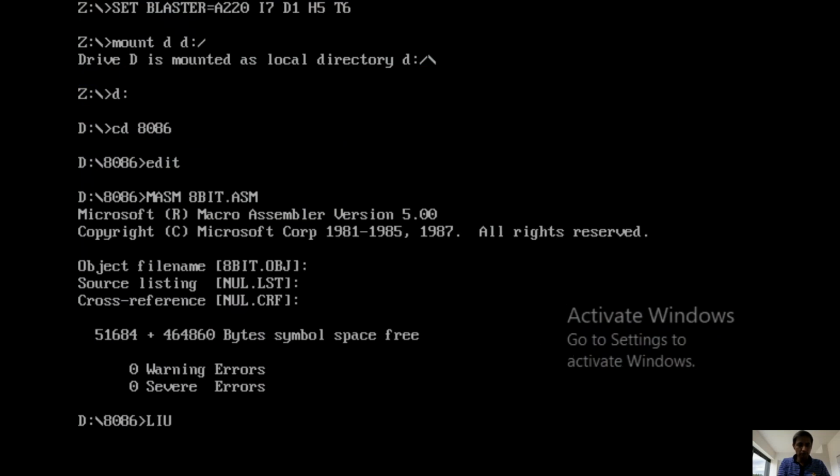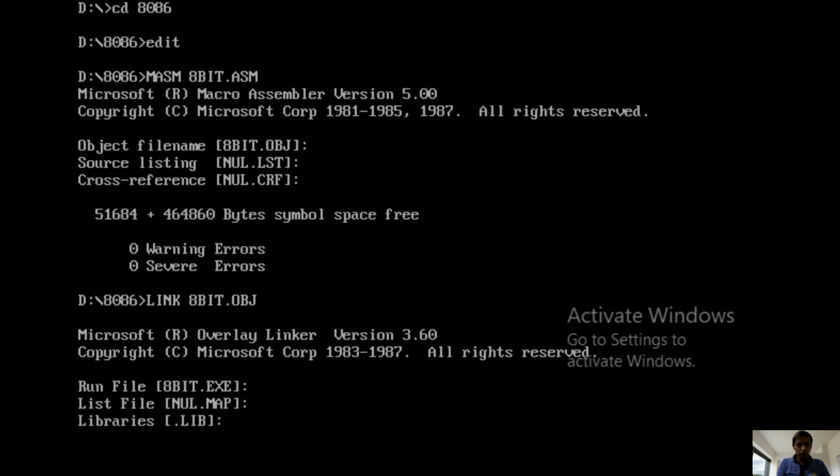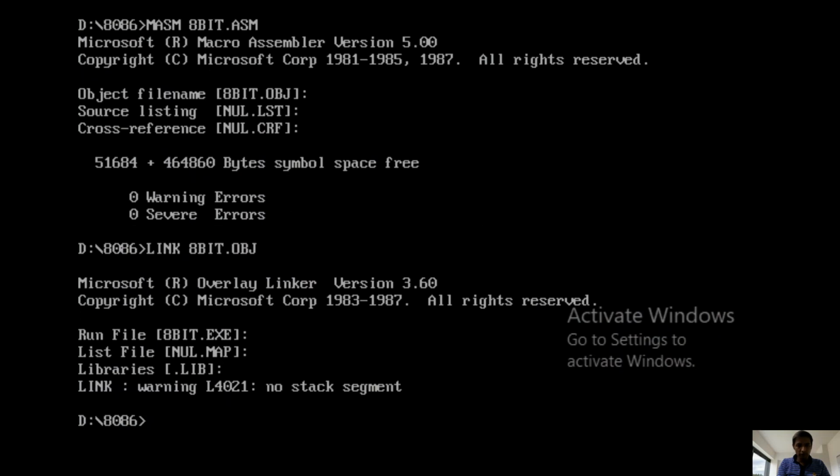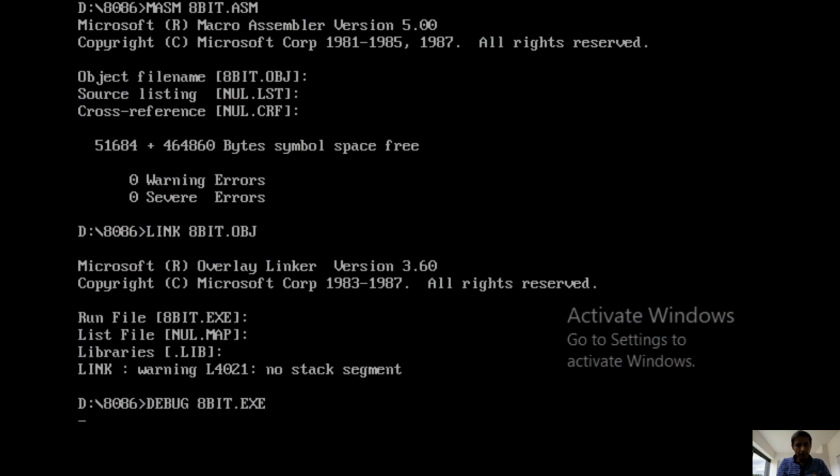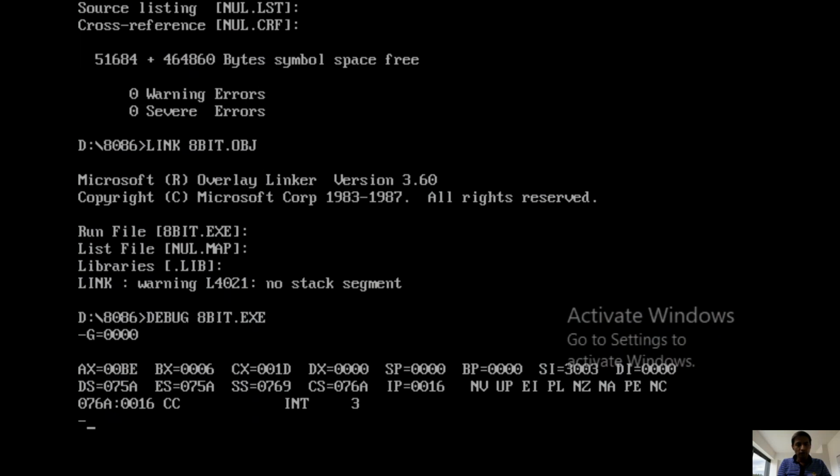So no errors. Then LINK 8-bit.OBJ, 1, 2, 3, 4. Then DEBUG with the file name 8-bit.EXE, enter. Then G 0000. Okay, so running is over.